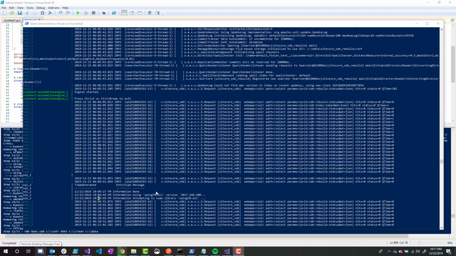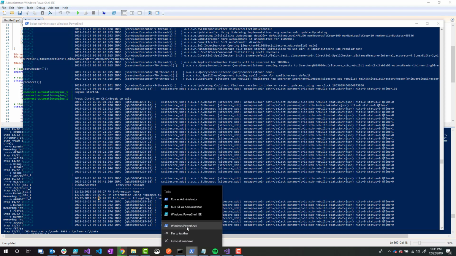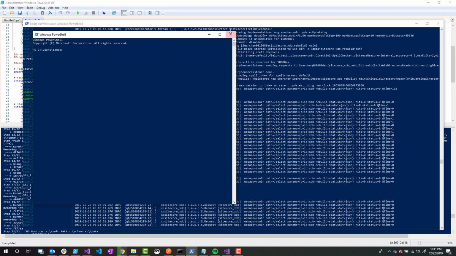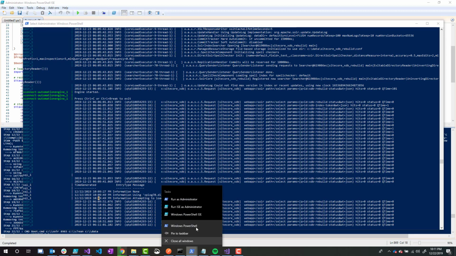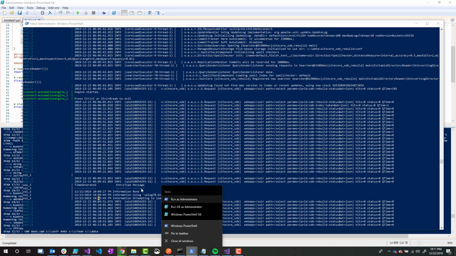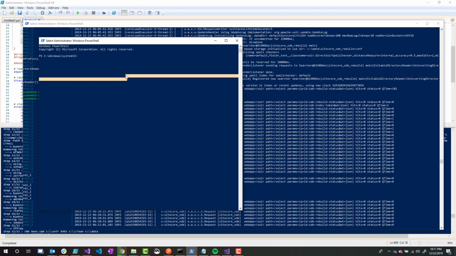All right, just coming back in here. So it's been running for a little bit. I wouldn't say it even made it a minute. I think it's ready for us. So what we can do, actually, I don't want to do that. I'm just going to start a new PowerShell window, run that way. We have elevated privileges to that. And we're just going to click yes, and then we're just going to go back to that folder that we were at. So CD, Docker, Sitecore, Docker Images, Windows, Tests